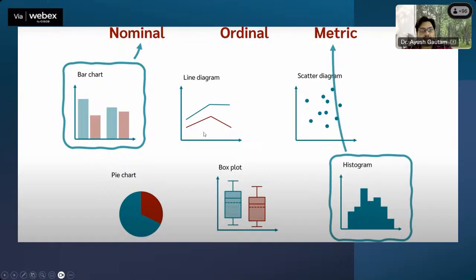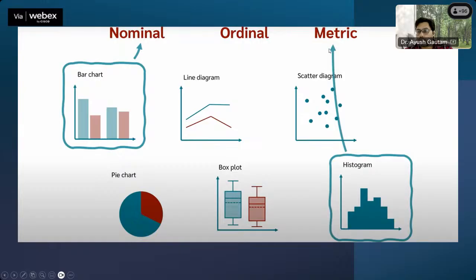But if the ordinal data is given, then you can make line charts. Line charts, because you can arrange the ordinal data with respect to time, right? You cannot arrange nominal data with respect to time, but you can arrange ordinal data with respect to time, like January, February, months, etc., or with respect to height or whatever your context is. In those cases, you can make the line diagram, which means you can look at the trend, how the data has been behaving. So if the data given is ordinal, you can also make the bar chart and you can also make the line diagram.